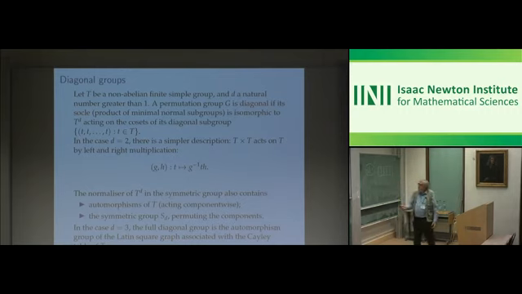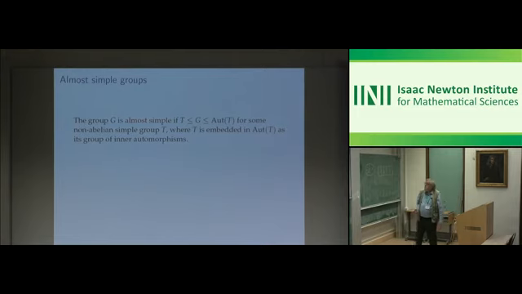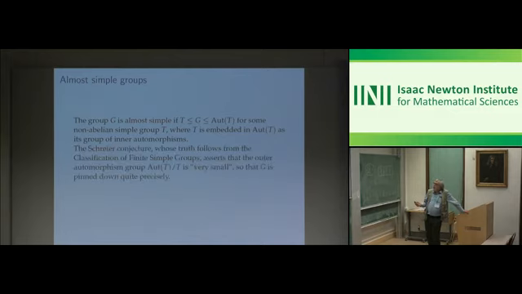The automorphism group of that, if the Latin square is the Cayley table of a group, let's say a finite simple group, then its automorphism group is the 3-factor diagonal group. Okay, and almost simple are just almost simple. They lie between a simple group and its automorphism group. And the classification of finite simple groups tells us that the Schreier conjecture is true, so basically tells us that the quotient automorphism group of T over T is very small, and so the possibilities for G are extremely limited given T. So these are the almost simple groups,